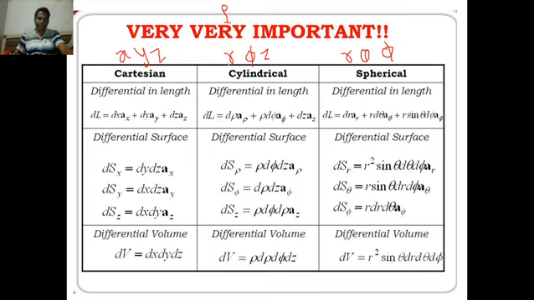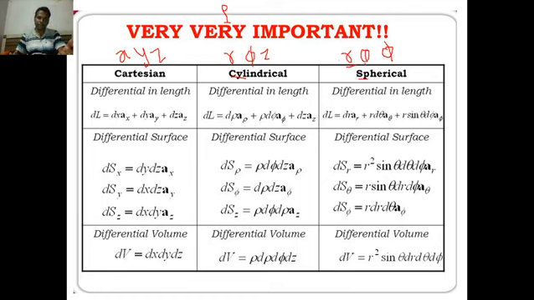This is the radius of the cylinder. That's why it is a cylindrical coordinate system. And this r is nothing but the radius of the sphere. I already explained what the constant x plane, constant y plane and constant z plane are in the Cartesian system. The constant r plane in the cylindrical system is nothing but the outer surface of the cylinder, because all the points on this outer surface have the same radius. That's why it is a constant r plane.